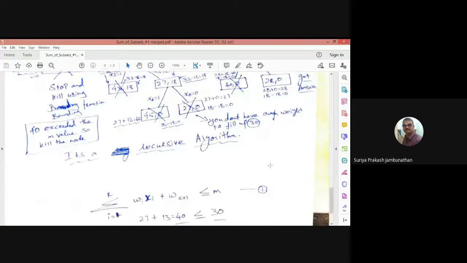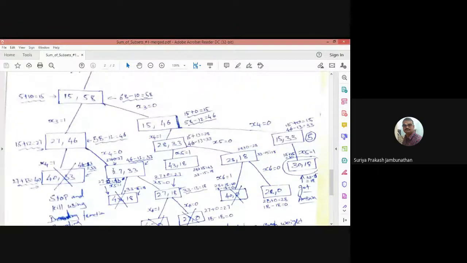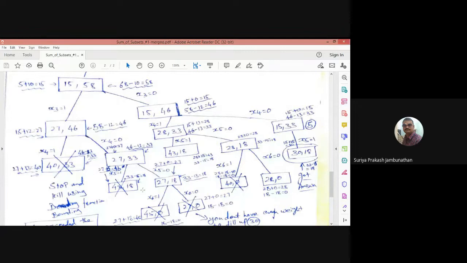So in this case we are using a recursive algorithm. Recursive algorithm means what? The same process will be done again and again until reaching the final solution. So this is the backtracking method, so a lot of nodes are killed and not used, so our time complexity will be reduced. Instead of using all the nodes, we do not move further to the next node, we stop here, so that our time complexity will be reduced in this particular problem.